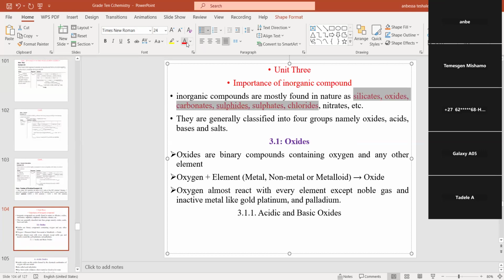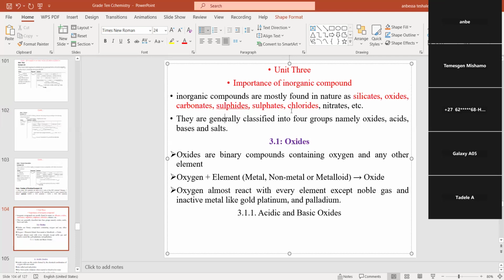For example, in silicate form, in the oxide form, in the carbonate, in the sulfate and chloride form, even in nitrate form. Many of substance naturally በእነዚህ ፎርም የምናገኘው substance inorganic compound እንላለን።